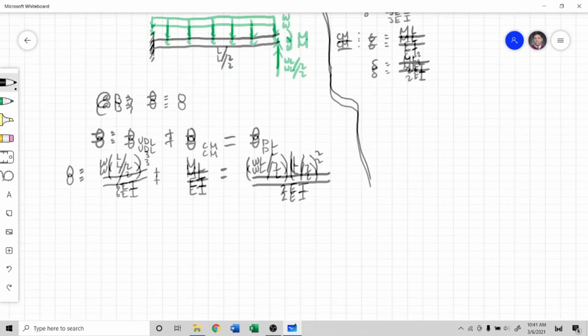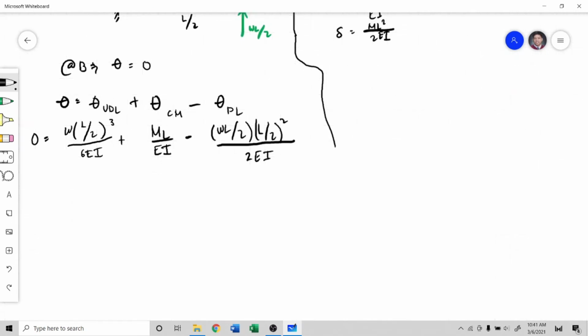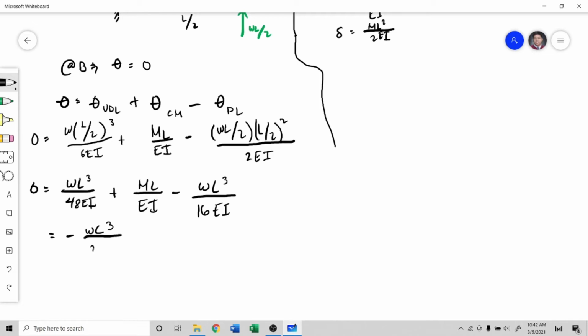Now, isi-simplify lang natin itong equation natin. We have 0 equals omega L cube over 48 EI plus ML over EI minus omega L cube over 16 EI. Now, simplify natin, no? Omega L cube over 48 EI minus omega L cube over 16 EI. That's equal to negative omega L cube over 24 EI